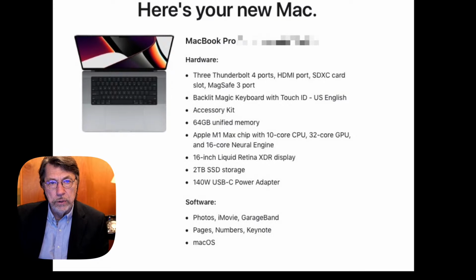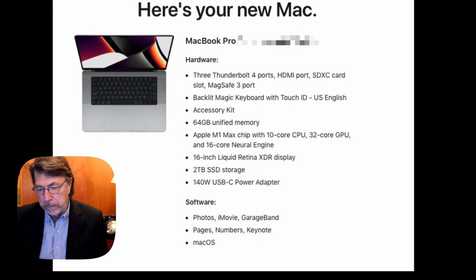This is what I ordered. It's like $4,200. Not cheap, but is that unusual? No, it's not unusual at all. It's expected every time there's a new Mac Pro, MacBook Pro, a new Mac, a new iPhone. They're expensive. Always have been.